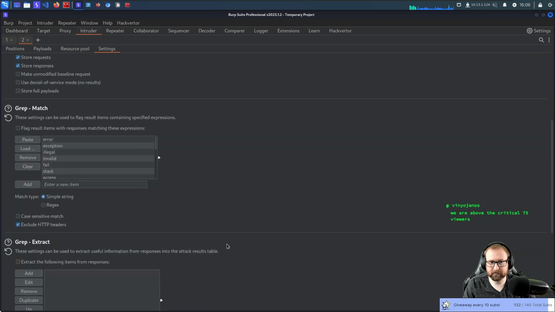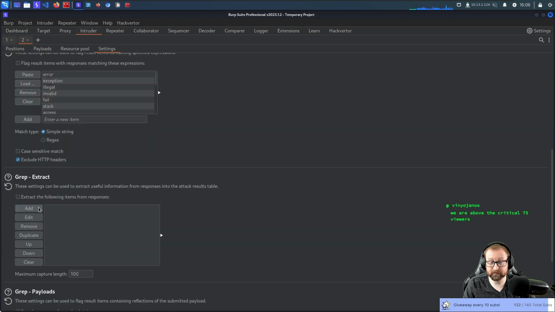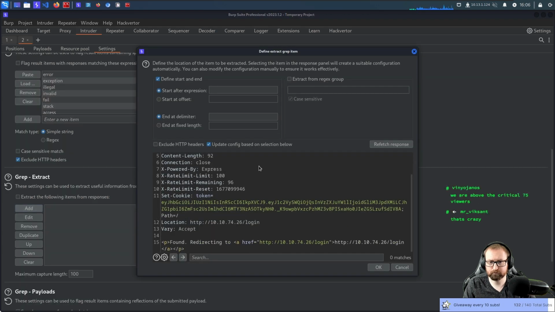I don't need to make an unmodified baseline request, but what I do want to do is extract. Oh, I didn't even notice this token. We're going to use this. Let's just refetch the response. What?